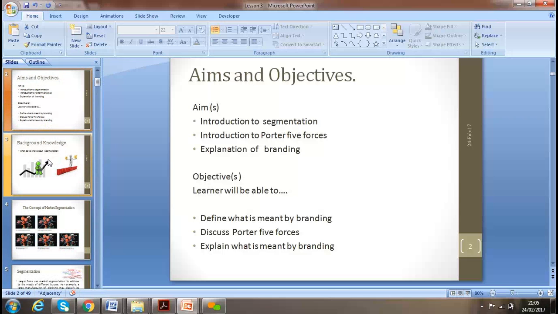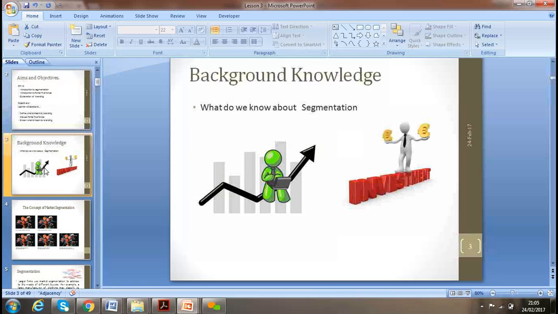We'll discuss service and services marketing, and a few contemporary issues. By the end of the lesson, I wish we will achieve an understanding of what is meant by branding and Porter's five forces. What do we know about